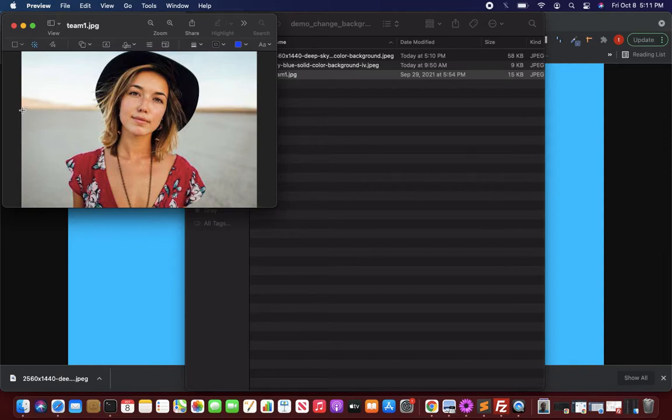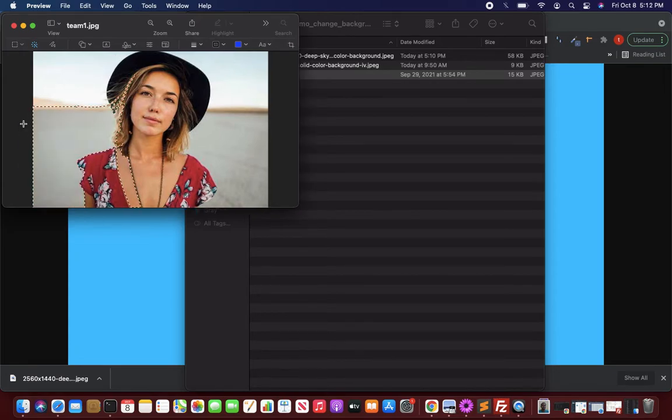Let me first select it and drag. I have clicked Instant Alpha once, and now I'm going to drag it around this picture. Drag slowly, otherwise it will cross the boundaries and wipe out the picture as well. Once you do this, it is selecting all of that, even including her hair. But let me do it another time.